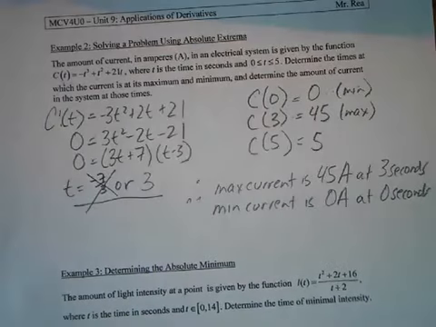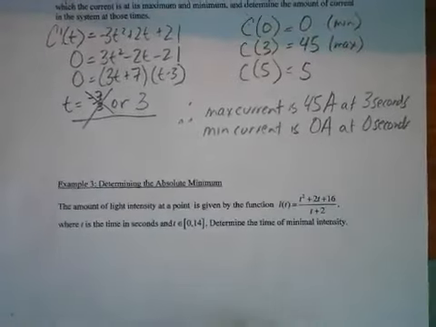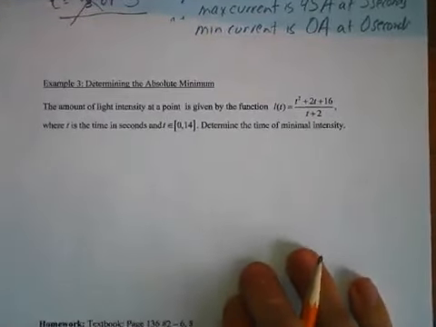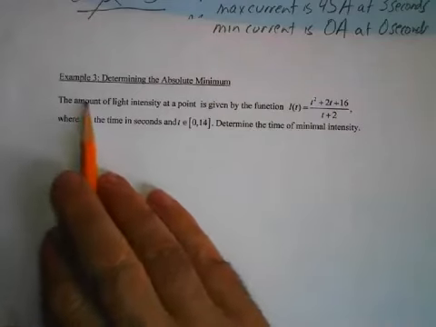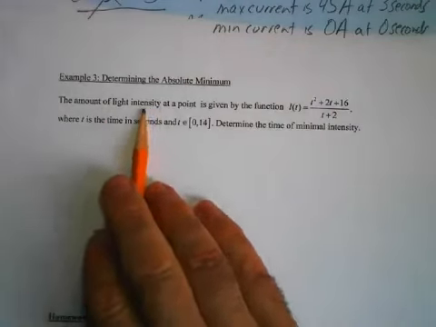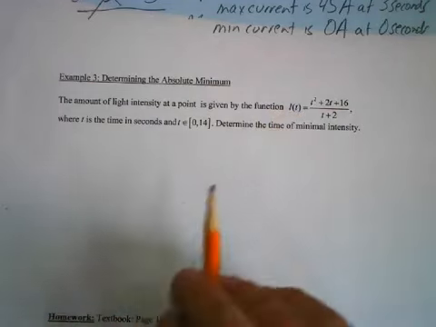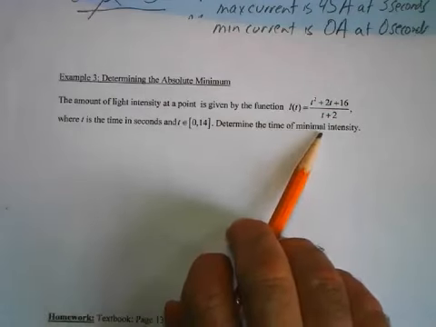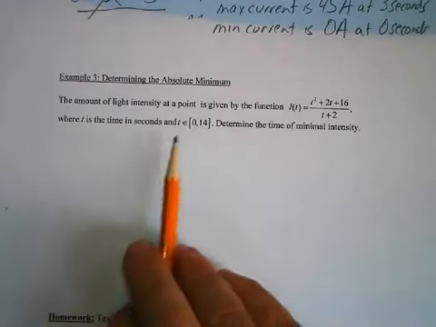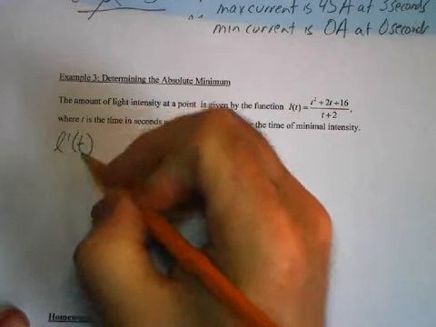Okay, and that's pretty quick. Let's do last question, last example. This is a rational function, so the only thing that makes this more difficult is finding the derivative, I think. So this is the amount of light intensity. It's given by a function called L of t, so basically light intensity at a time t in seconds. And we want to know the minimum intensity when the light was at its lowest level between 0 and 14 seconds. So first thing we do, the derivative of the light intensity,